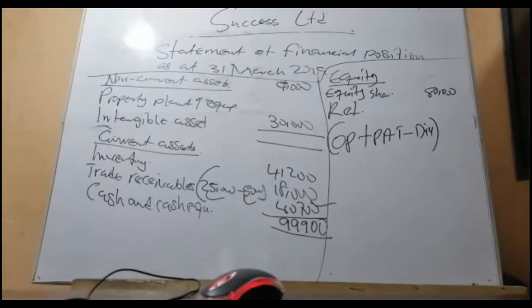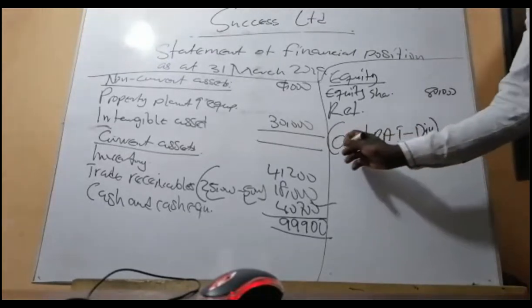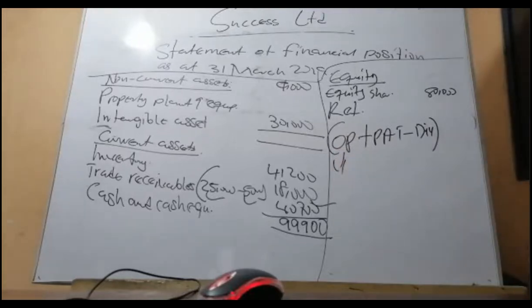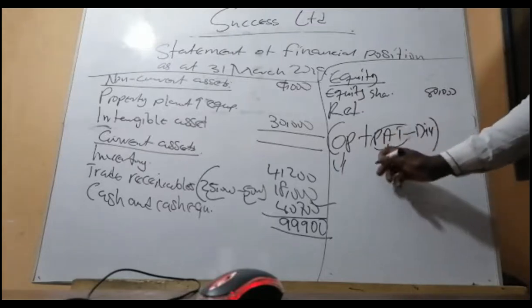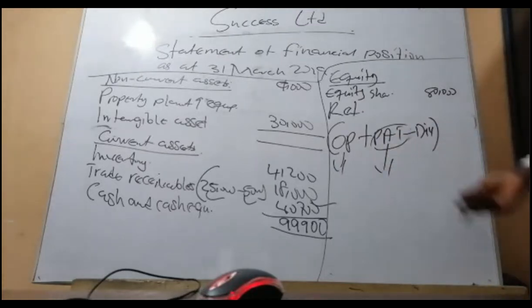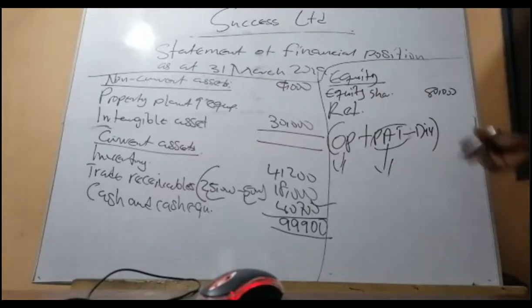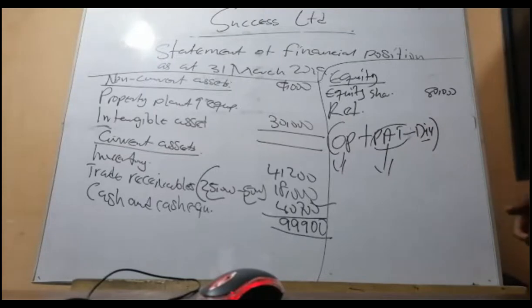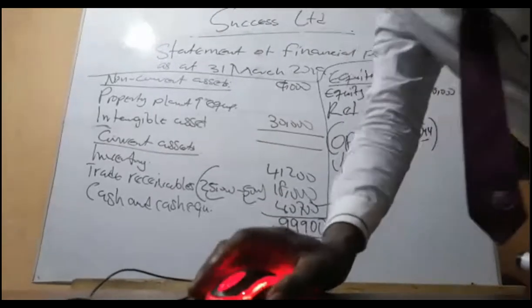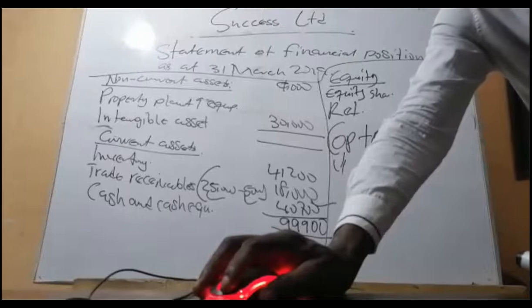The opening balance is in the trial balance. The figure they give you in the trial balance is the opening balance. Then the profit after tax. If that figure is wrong, it will follow you and be wrong. Good. And then you take off dividend from it, and you are done. So let's go to the trial balance again to see if you have all this.